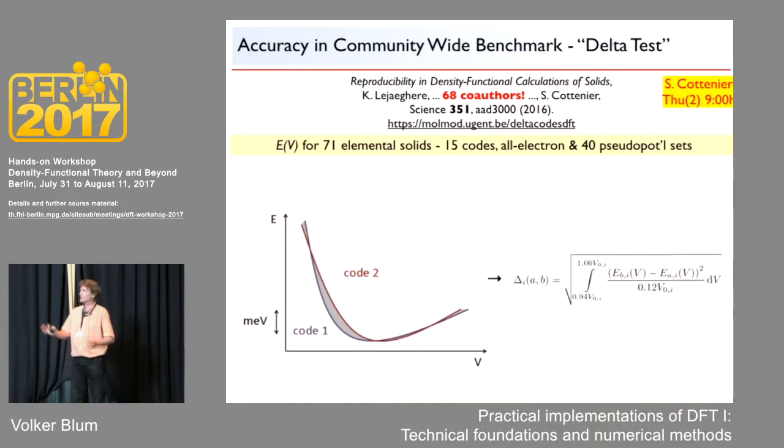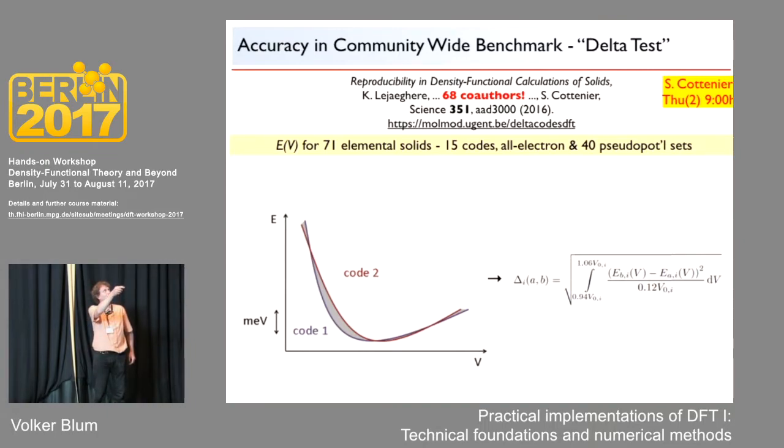So they used the simplest Drosophila, the one Matthias showed in his talk a few minutes ago, which is the E versus V curve, so the energy versus volume curve or equation of state of solids, except they didn't just do that for silicon, which everybody has tried at some point in their life. They calculated these accurately using LAPW, so augmented plane wave methods for 71 elemental solids, and then